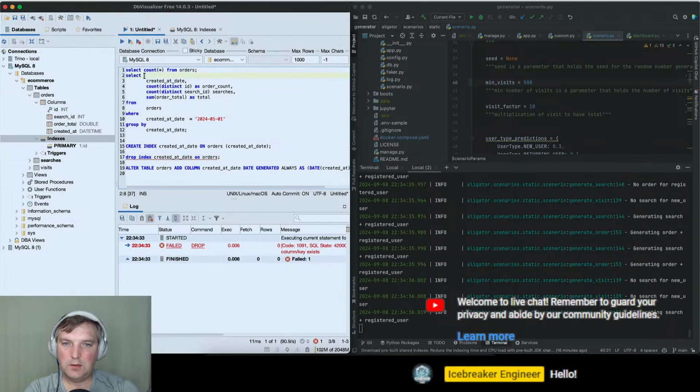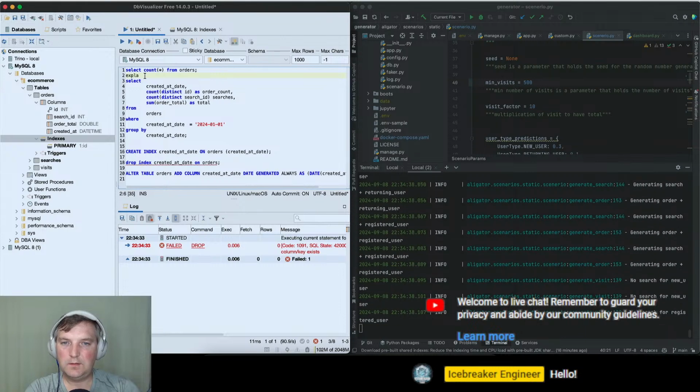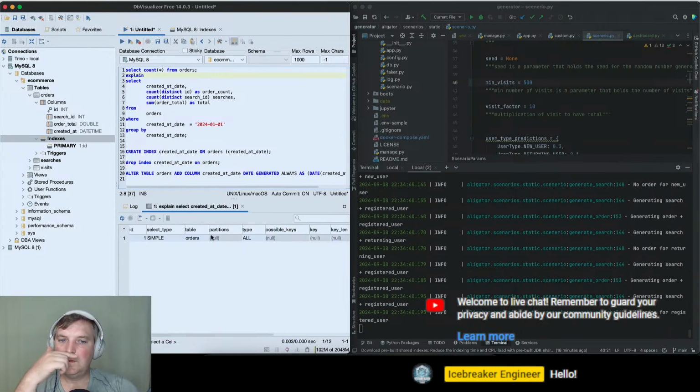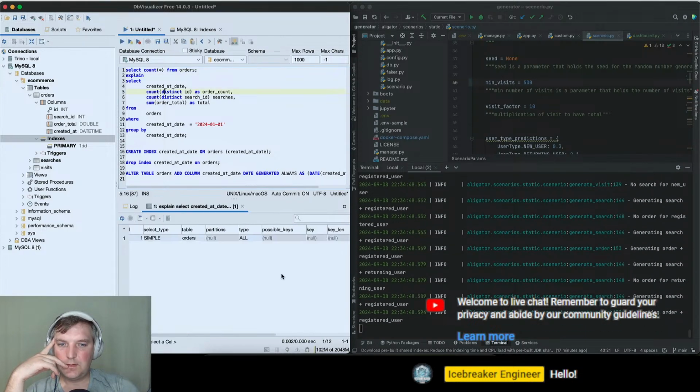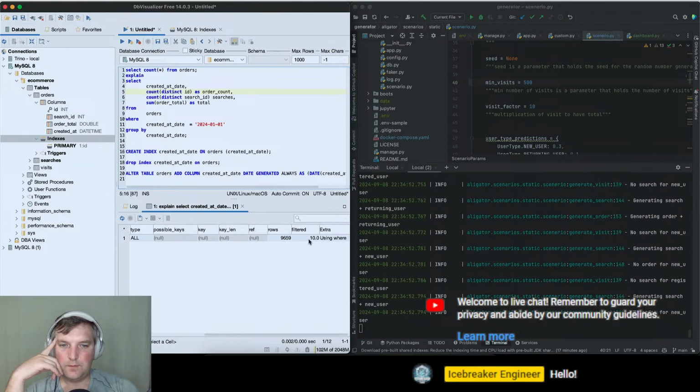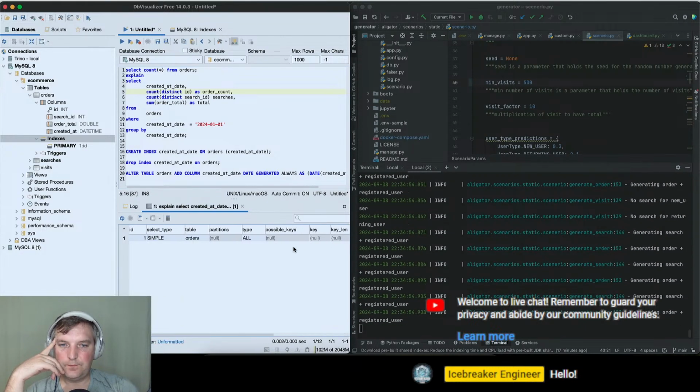Okay. Now if I run the explain on this, just curious. As you see, it's scanning almost 10,000 rows, and it says it's filtered to a couple of results.